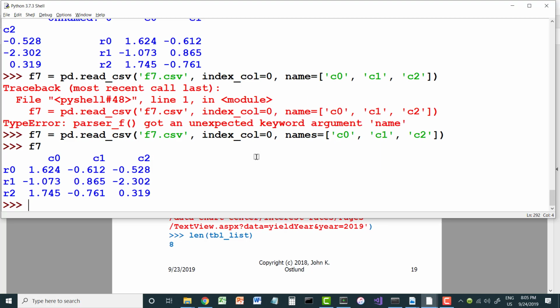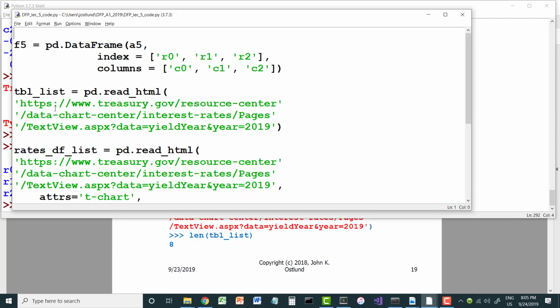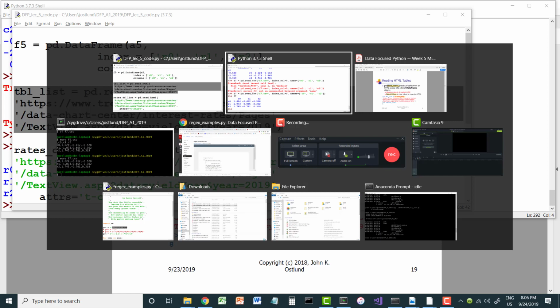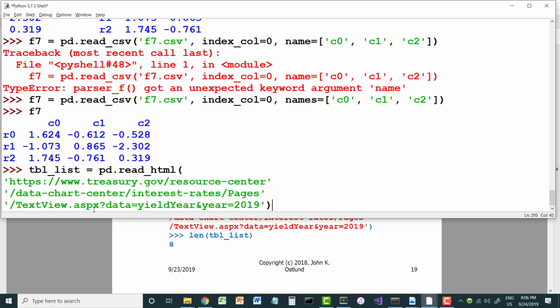So let's try this. Now I definitely am not going to type that in by hand. So here we have, I have copied that into an idle program file, so I can paste it into my shell. Okay, so I'm going to read HTML,